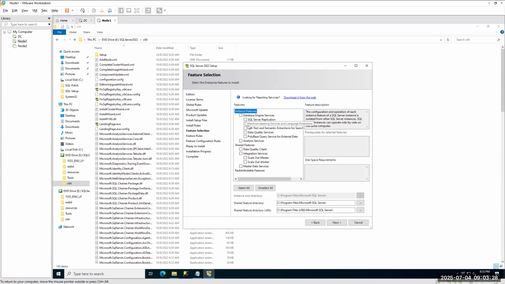As I told you, right? When you go for features, there are 2 types of features. One is the instance features. One is the shared features. What do you mean by instance features? What do you mean by shared features, sir? Instance features are nothing but every time you install SQL Server, you need to install the instance features. Every time you install SQL Server within the same server,